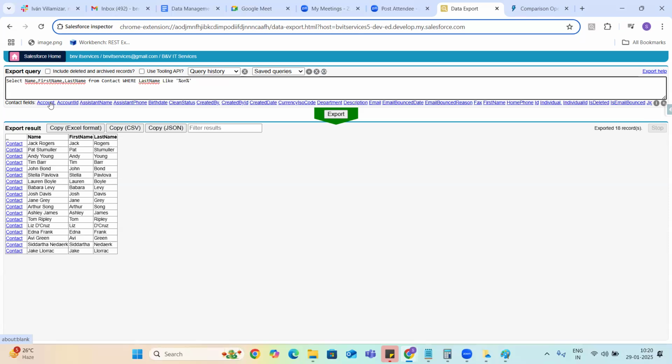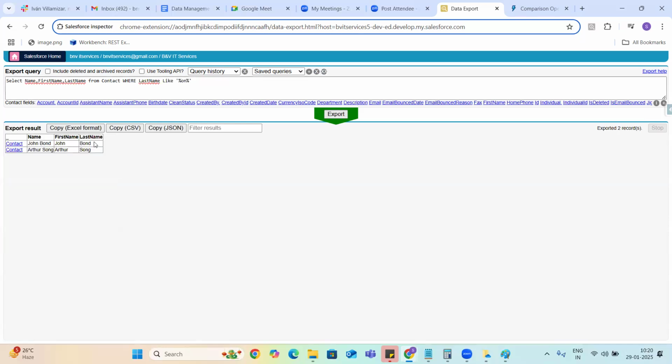Click on export. See, these are the two contacts where the last name contains ON. If I don't give the percentages and just give ON, it will search for contacts that start with ON. There are no contacts like that.